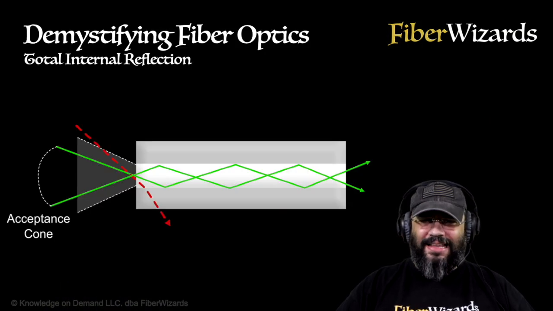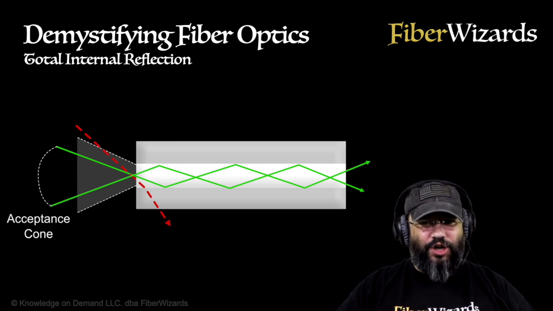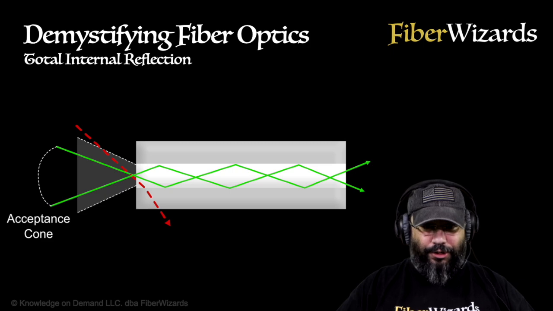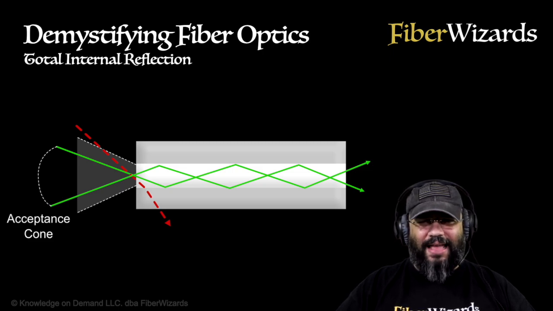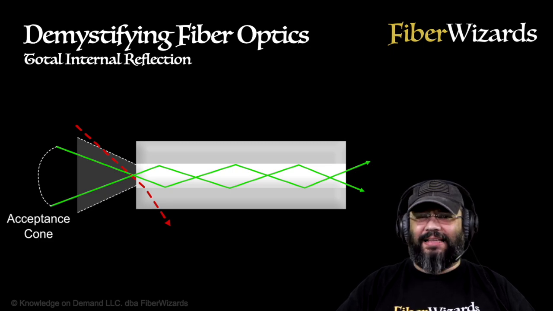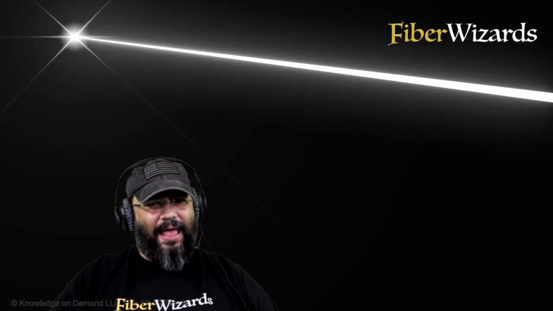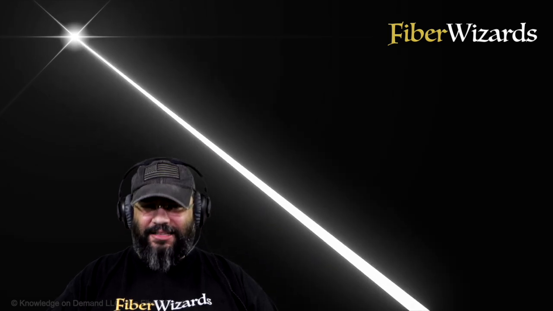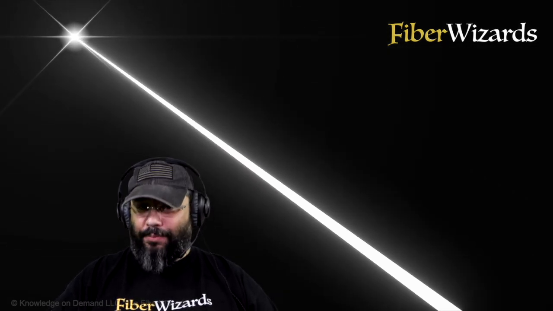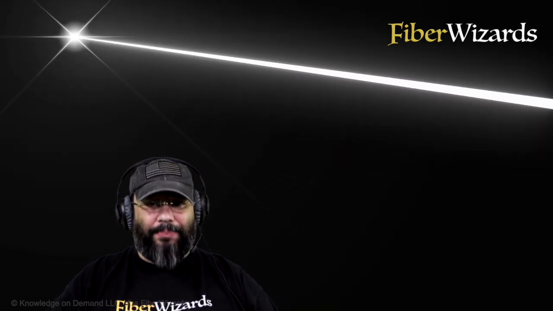In order for an incident ray to enter and travel through the fibers, it would have to enter at an angle within a specific range known as the numerical aperture, or given its theoretical shape, also known as the acceptance cone. If the beam enters at a sharp angle, as shown here with the red line, the light will refract and escape as it passes through the cladding. As long as the incident beam enters within the accepted numerical aperture range, it will remain trapped as it travels